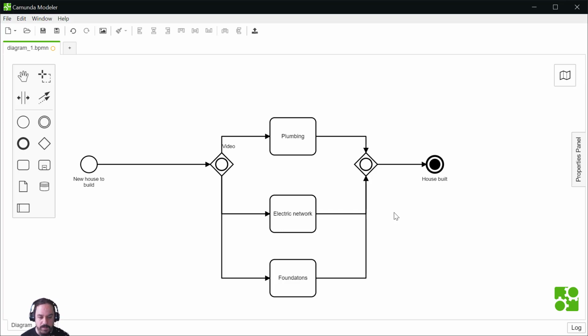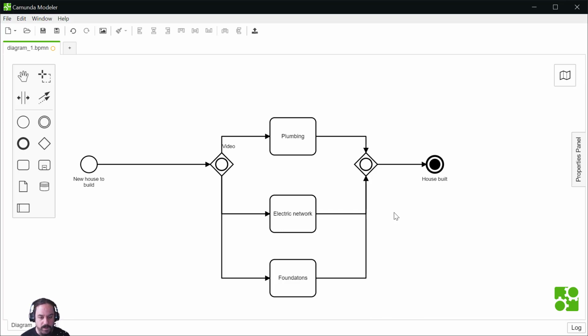This will be signaled to the other gateway. So now gateways have an awareness of each other. If the first gateway emits 2 tokens, let's say on plumbing and electric network, then the second gateway knows that these two inputs have to be triggered, and then it will release a token. So this is a bit more difficult, but should be doable.